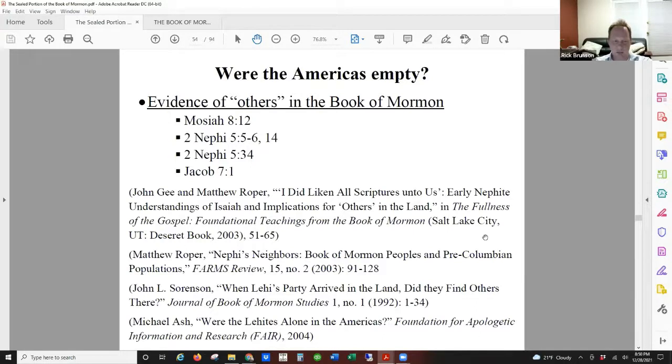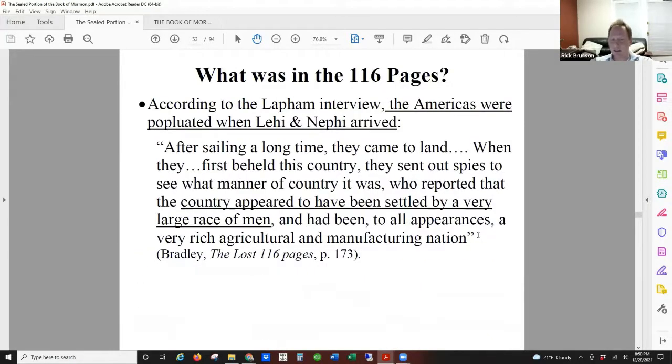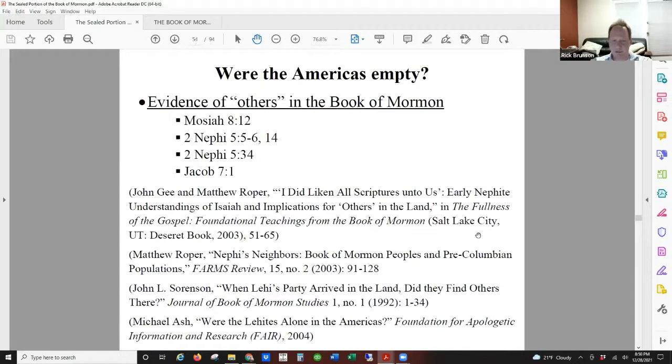So if you want to look up some of those, but all that to say, if the lost 116 pages mentioned a large race of men and a large agricultural and manufacturing people when they arrived, then a lot of that DNA stuff just kind of goes by the wayside and there's not much merit to it. But